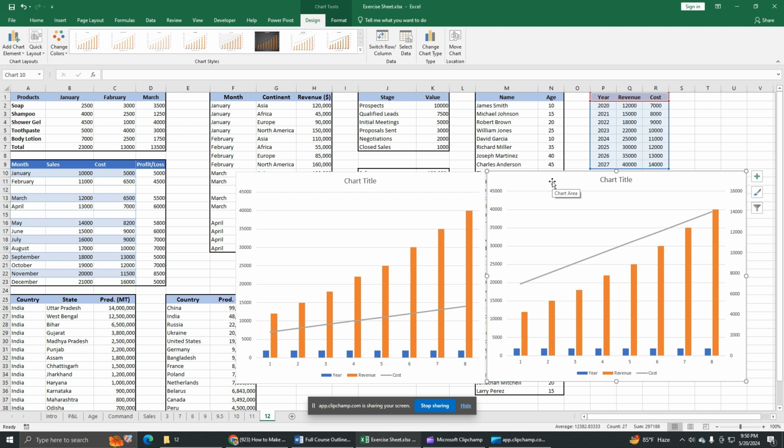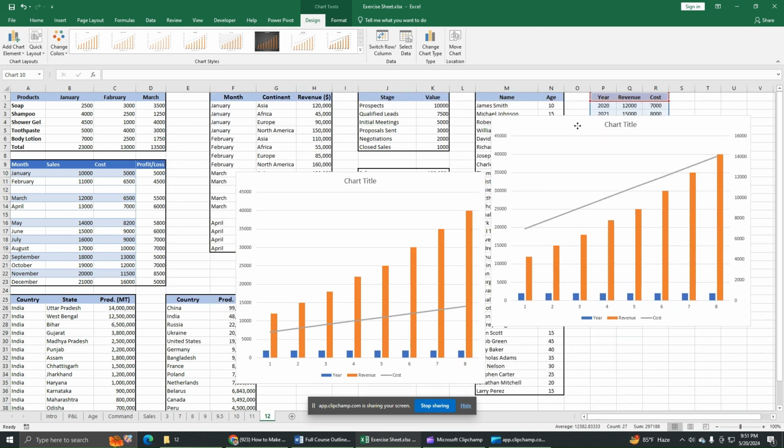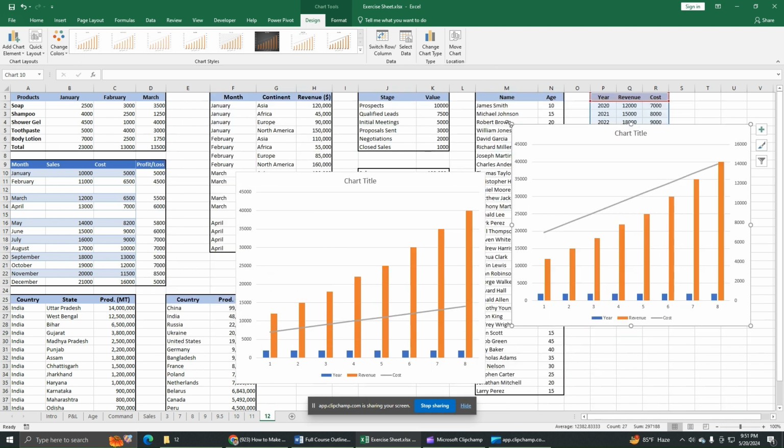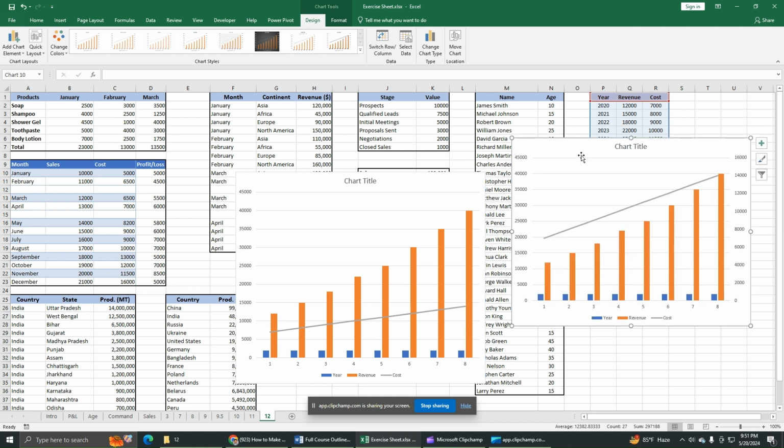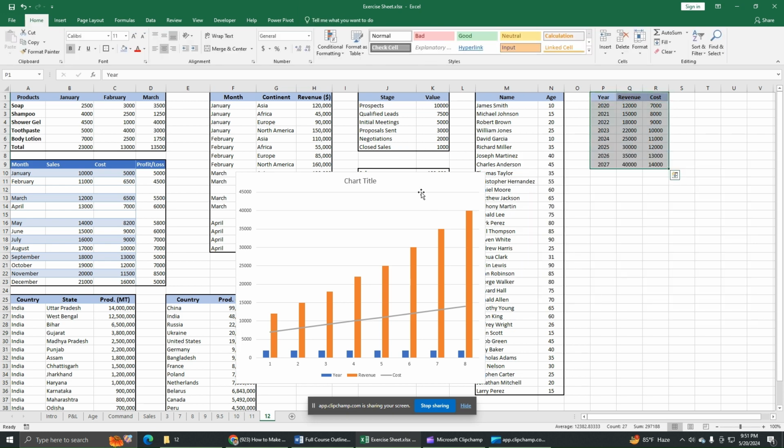Okay. For now, I am removing it. You can move the chart by selecting, holding and dragging like this. You can resize it like this. And to delete, just select and press the delete key from your keyboard. Okay, so now